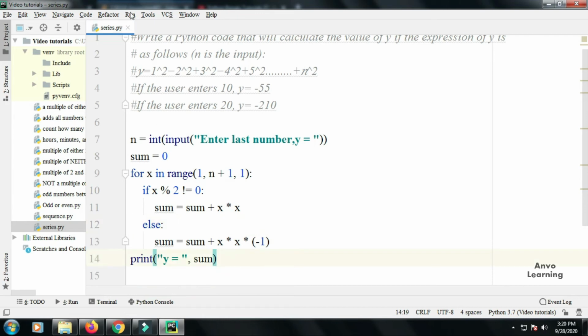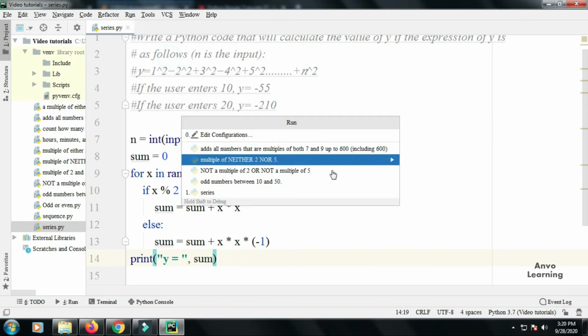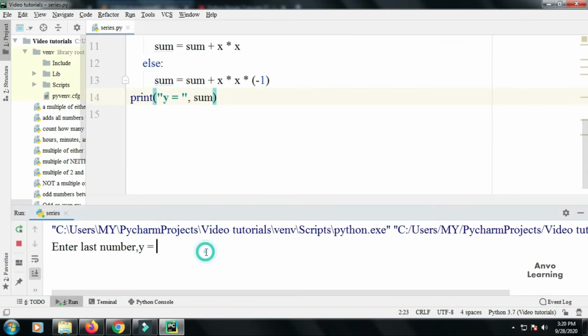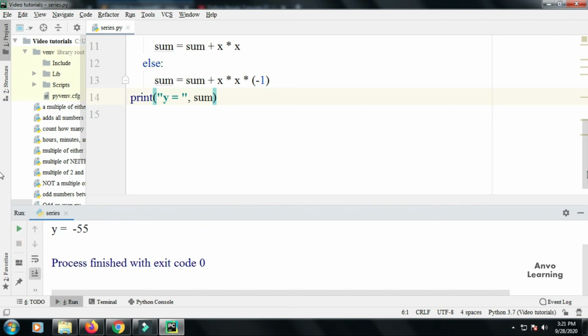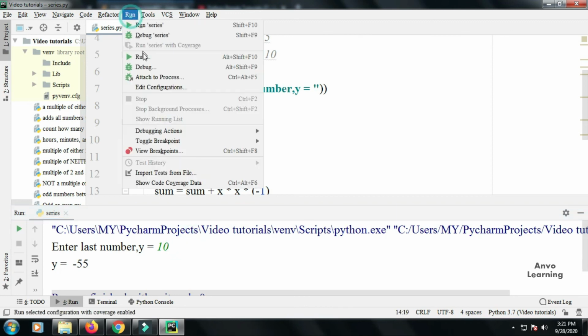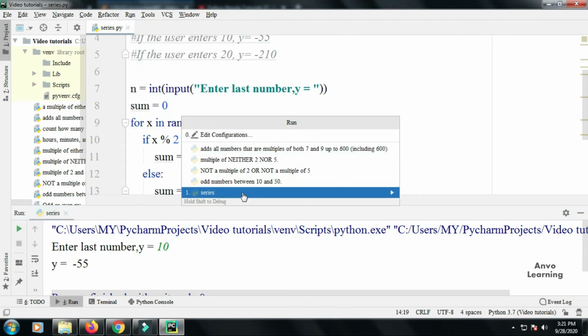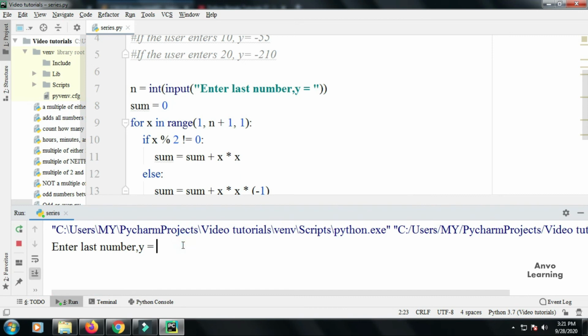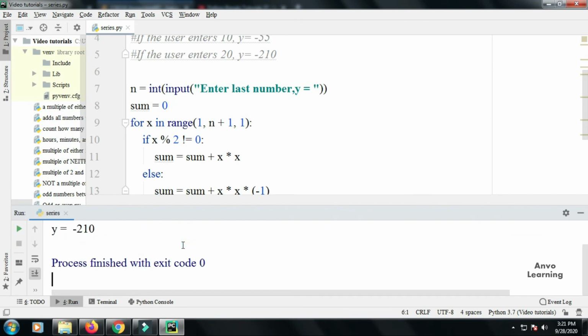So let me just again run it. I'm giving 10, y equal to minus 55, like the question. Let me just again run it and enter 20, minus 210. So it's a very short code,